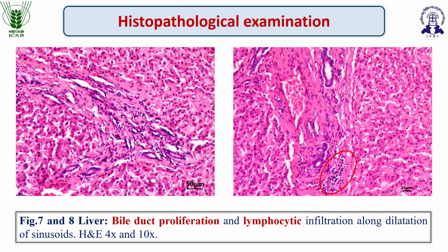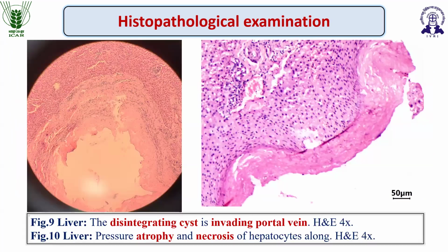In the liver, the histopathological examination revealed bile duct proliferation and lymphocytic infiltration along with dilatation of the sinusoidal space. In the liver, multiple cysts were present. The histopathological examination also revealed a disintegrating cyst that was invading the portal vein, and that was the reason for the